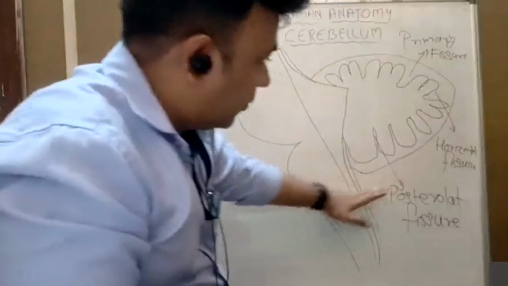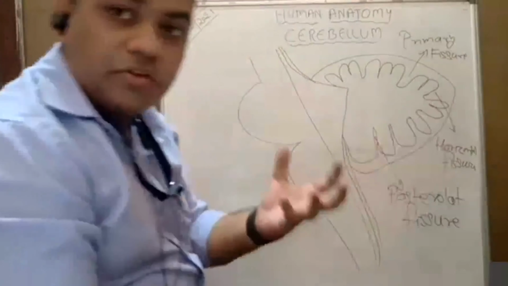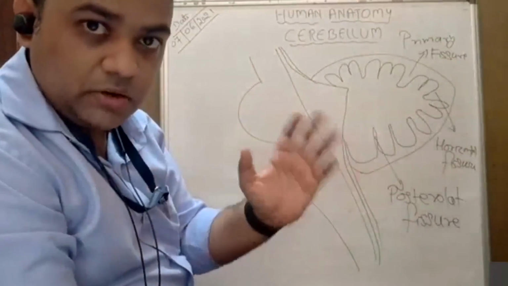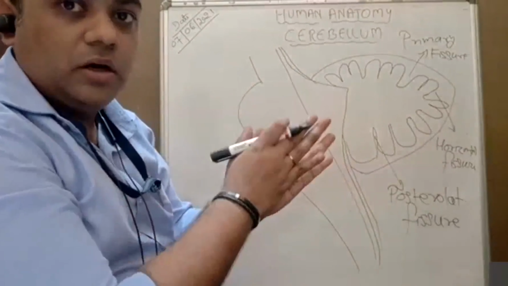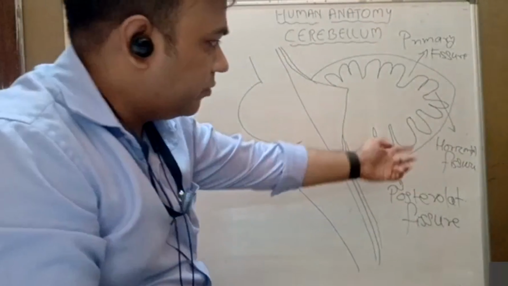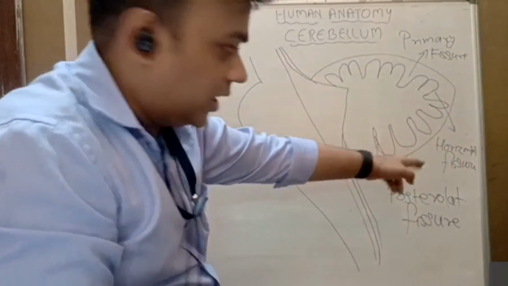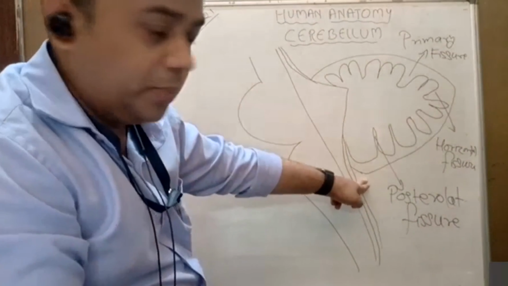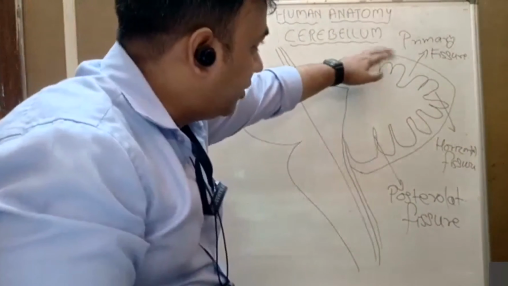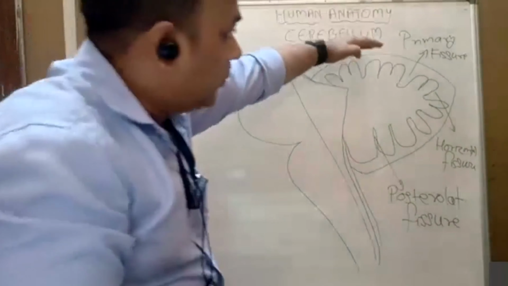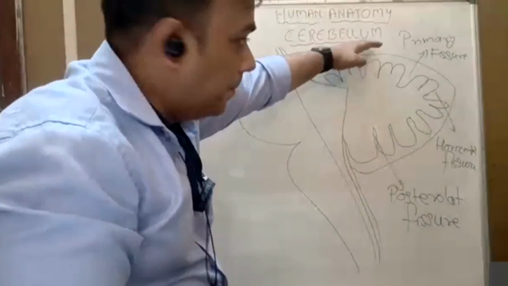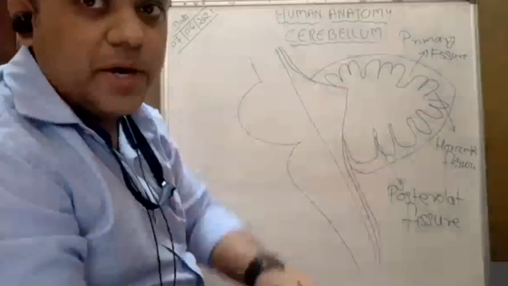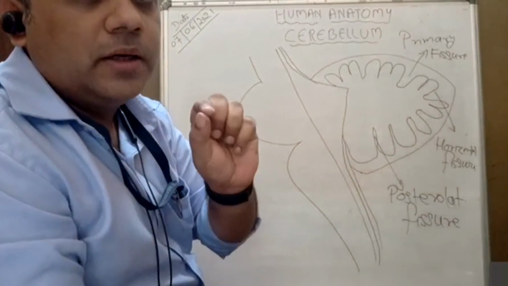Inferiorly here, posterior inferiorly, you will see that you have seen the occipital bone. Okay, I have shown you the occipital bone and the interior of that. So that is the squamous part. So this is related to the internal aspect of the squamous part of the occipital bone. And superiorly, it is separated from the posterior aspect of the cerebrum by the part of the dura mater that is known as the tentorium cerebelli.